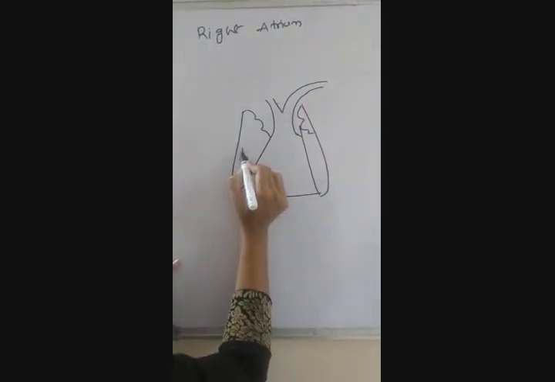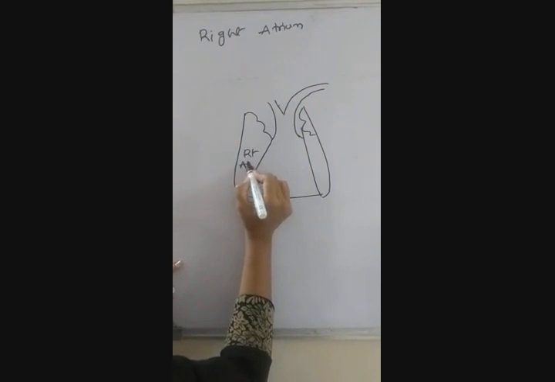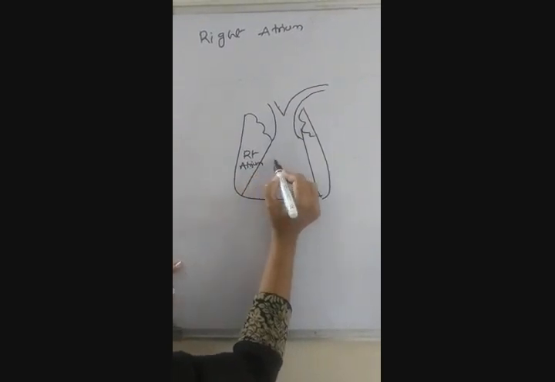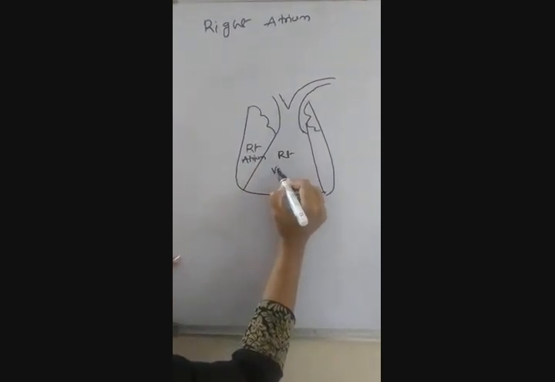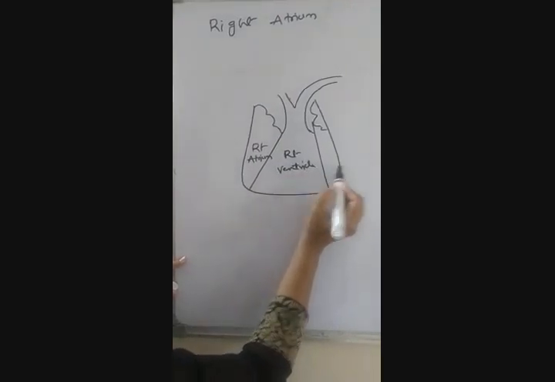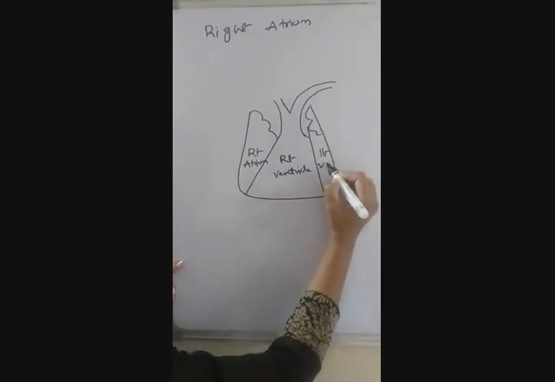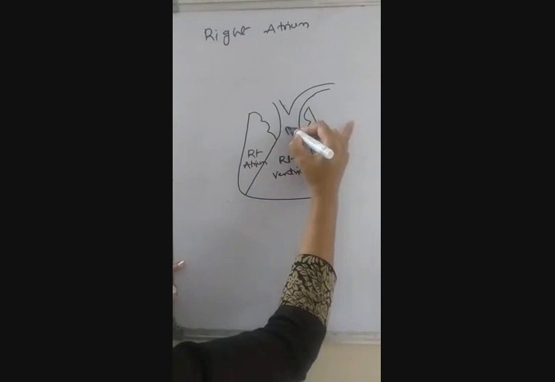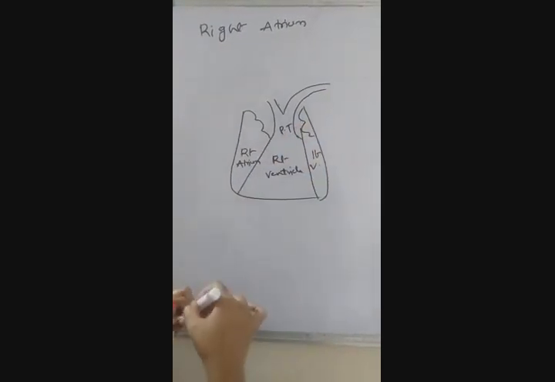Okay, this is the right atrium, right ventricle and the left ventricle. Okay, and here we have the pulmonary trunk